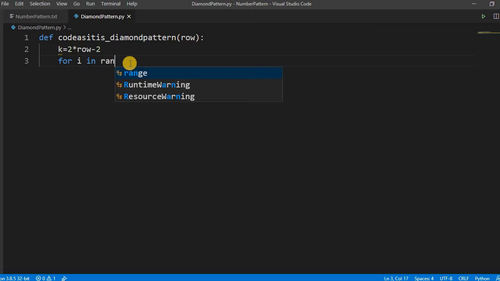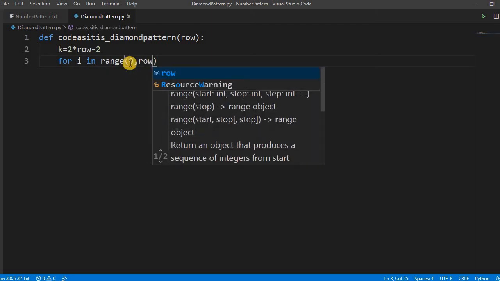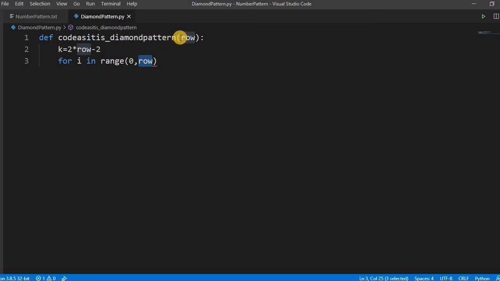So we use range, that's simple. One thing, range always stops at one less than the number you are giving. So here if you give 4, it runs from 0 to 3. It will not take the last number. That's the range.